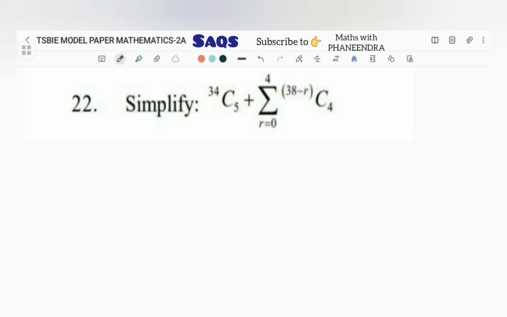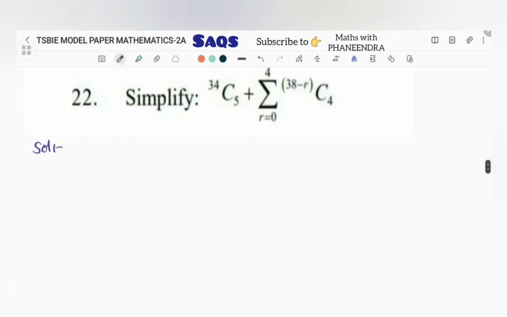Yeah, the next question: simplify 34C5 plus summation, sigma r is equal to 0 to 4, 38 minus r C4. So in the solution step for the 22nd question, first you have to assume that 34C5 plus sigma r is equal to 0 to 4, 38 minus r C4, that is equal to 34C5 plus